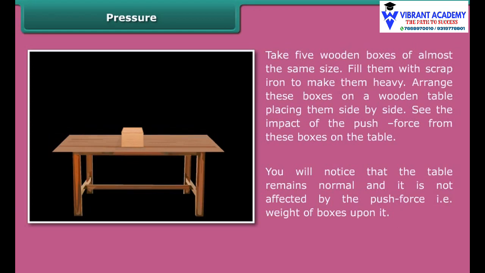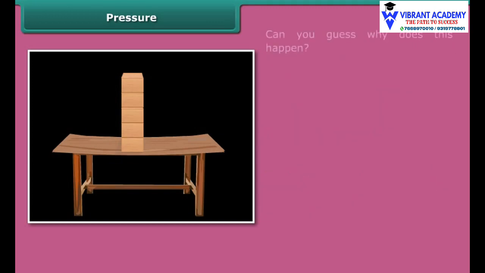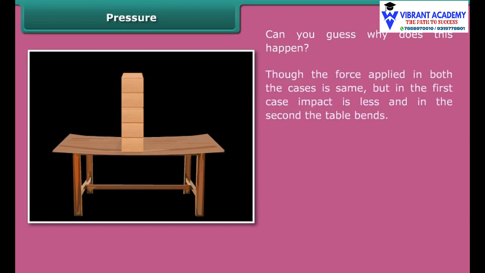Take 5 wooden boxes of almost the same size. Fill them with scrap iron to make them heavy. Arrange these boxes on a wooden table, placing them side by side. See the impact of the push force from these boxes on the table. You will notice that the table remains normal and it is not affected by the push force, that is, the weight